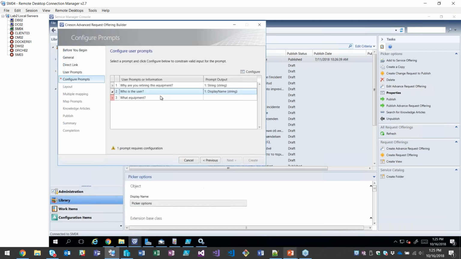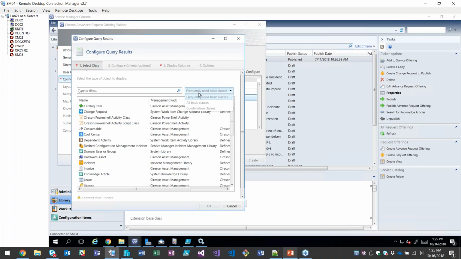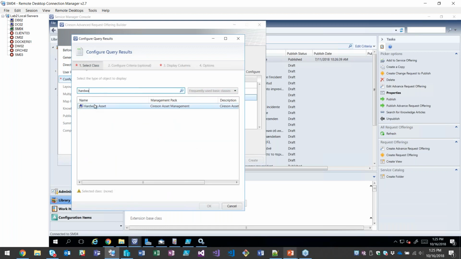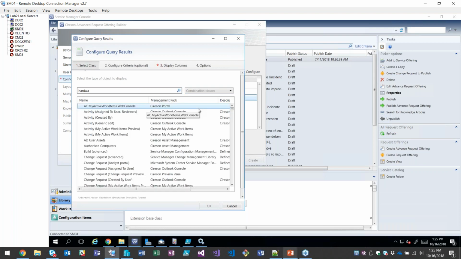So we ask them, who is the user? And then what equipment? So in this case, I'm going to use not a basic class. So I could go in here and type hardware. And if I pick that, that'll be the basic hardware class. What I want instead is called a combination class, which you might also hear referred to as a type projection. We won't get into all of that entirely, but essentially it is,